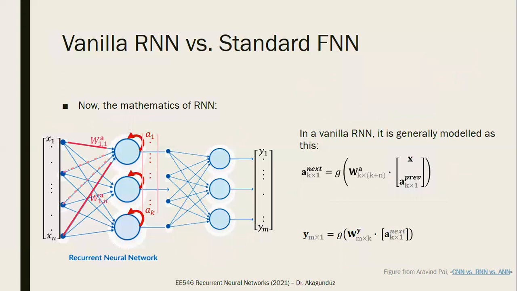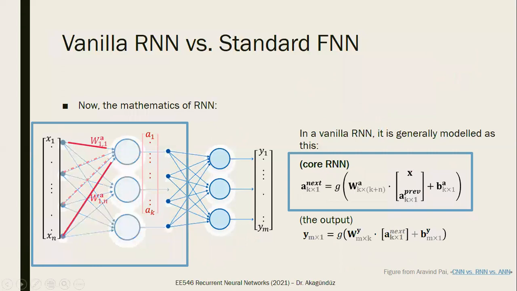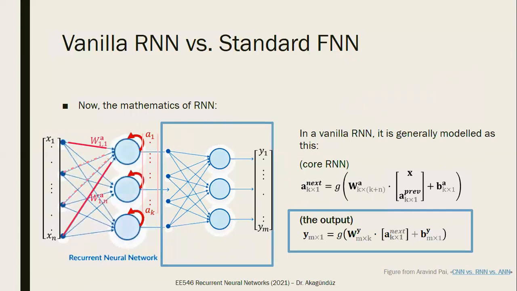Okay, it's simple, but it is so fundamental that we are going to take this for granted for the rest of the course. Okay, guys, so I'm going to call this part the core RNN or the vanilla RNN. This is a recurrent neural network itself, but actually what makes it a recurrent neural network is this core part, okay? And at the core part, as you can see, I'm making a definition of a vector from previous to the next, okay? Good.